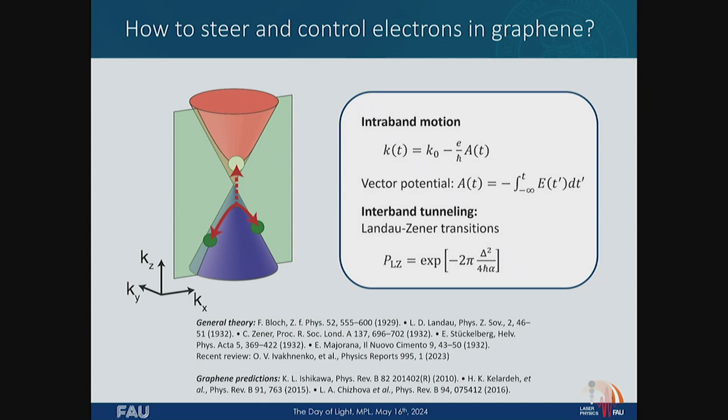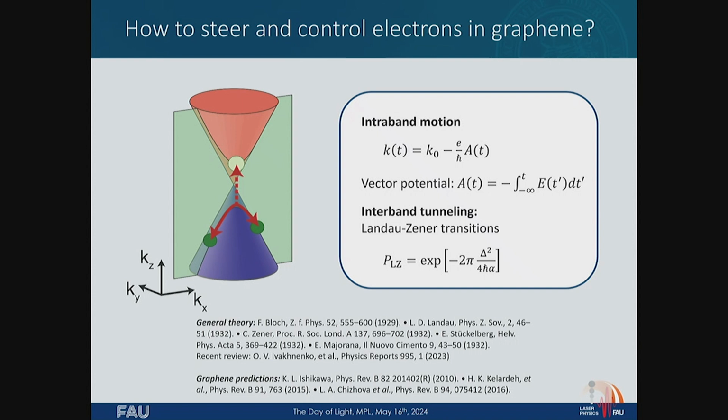What's so interesting here, let me just show it to you again, the K vector, so the quasi-momentum of the electron, is now coupled to the light field in a very elegant way. This is what people call minimal coupling, Peierls substitution, Bloch's acceleration theorem. It's all the same. You have an initial quasi-momentum that changes when you shine light in this very elegant form, where A is just the vector potential of the light field. So it's just a negative time integral over the E field. So if you just know your vector potential, you know right away what your K is as a function of t.